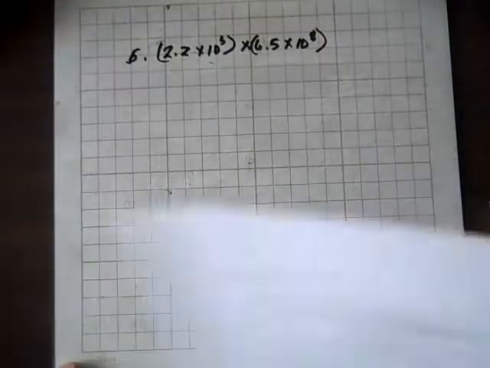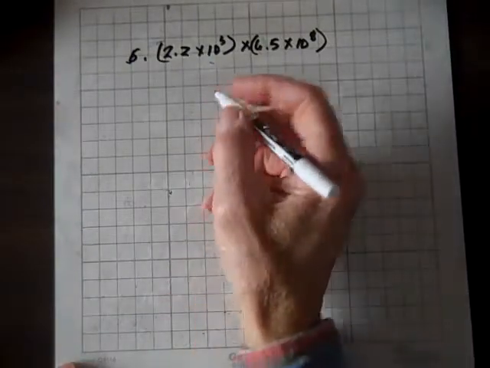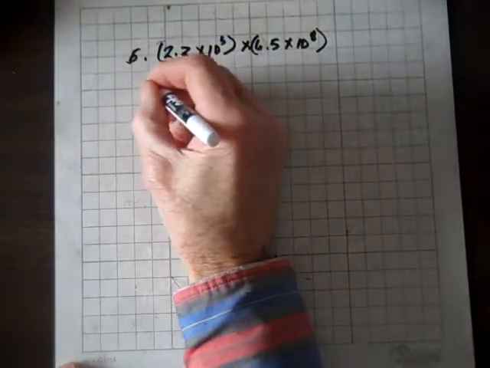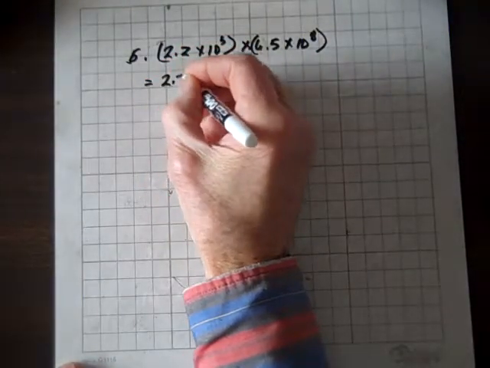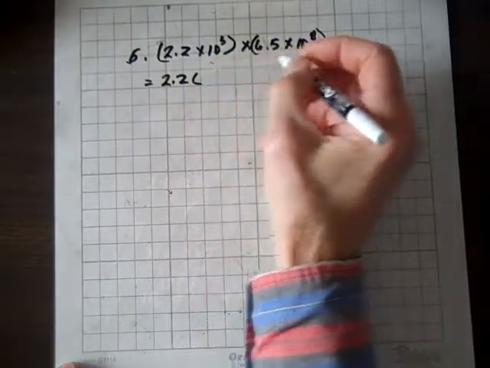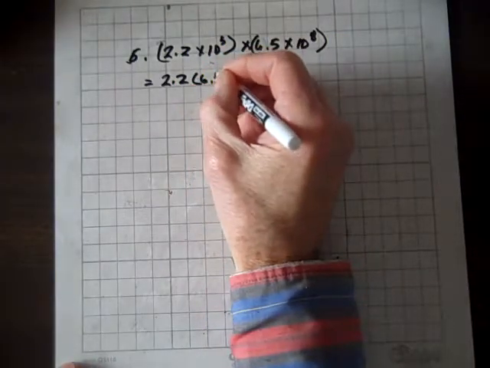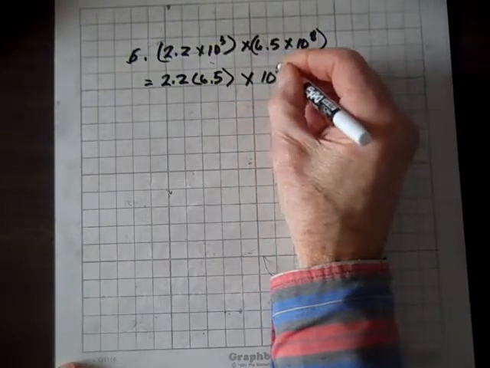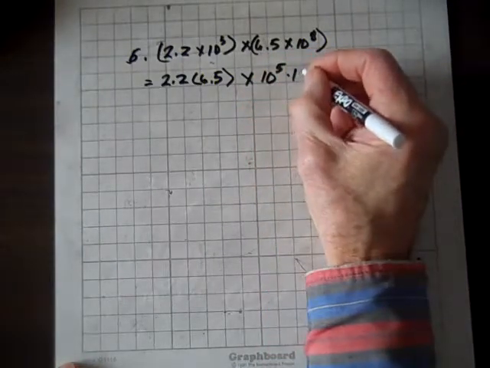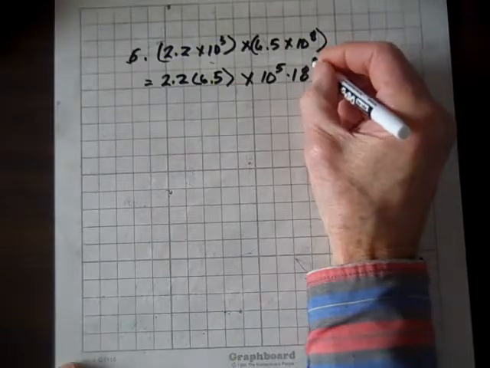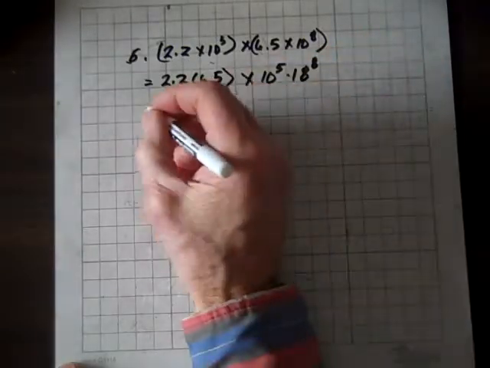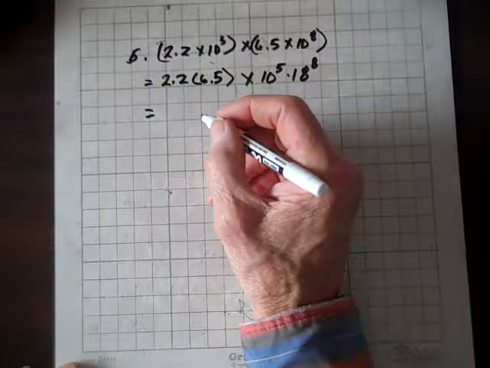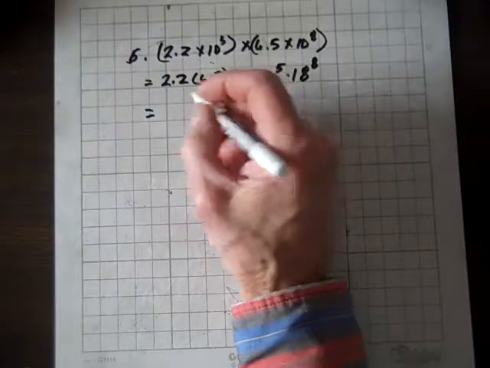Okay, we're doing number 5 now, and we have to carry out this multiplication. What this corresponds to is 2.2 times 6.5, because it's all multiplication, times 10 to the 5th times 10 to the 8th. Multiplication is commutative, so we can move the factors around. And when we multiply 2.2 times 6.5, we get